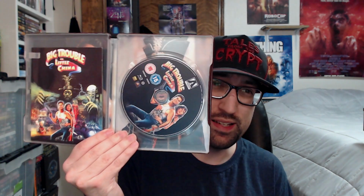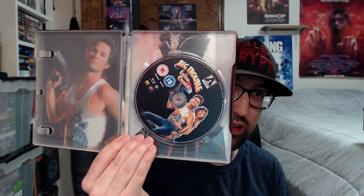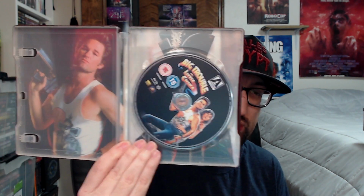I also have the Scream Factory release as well because it does have a new transfer. But as an enormous fan of this movie, this is honestly one of my favorite films. I definitely wanted to get this steelbook, and there's Jack Burton right there, front and center. And if you take the disc out,